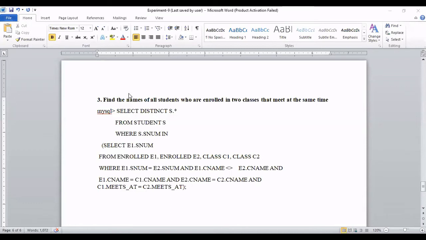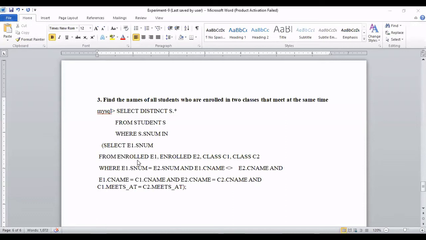So this is a question. Try to understand, this is the same type of operation, where we are combining student with student. The question is: find the names of the students who are enrolled in two classes that meet at the same time. That's why we need two class information, and hence two enrollment information. The student number you can get from enrollment. So enrollment and enrollment will combine, first enrollment with second, first with third, and these will be compared, so that we find when the first and second enrollments are different and their class meet at the same time.